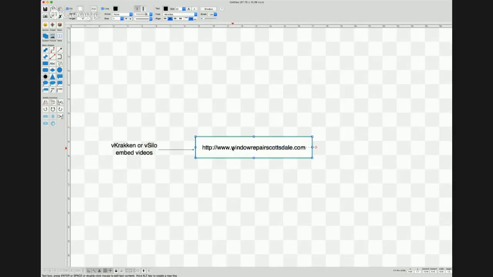So in this case, we're just going to take it as a pretty simple process where the main keyword that we want to go after here is window repair Scottsdale. Okay, so once I've got this put together, because it is an EMD, I think it's even more important to get some of this stuff going before you build a ton of links to it, which is to get a couple social profiles set up.